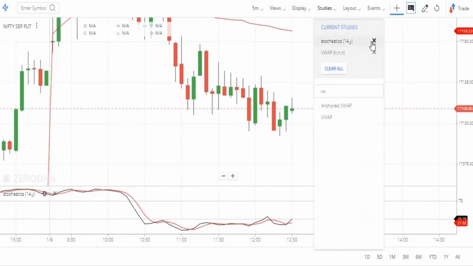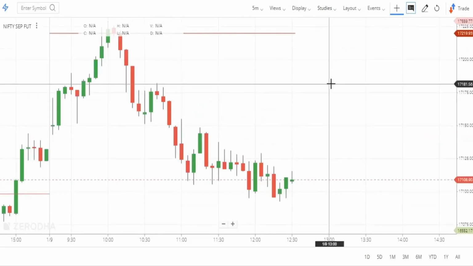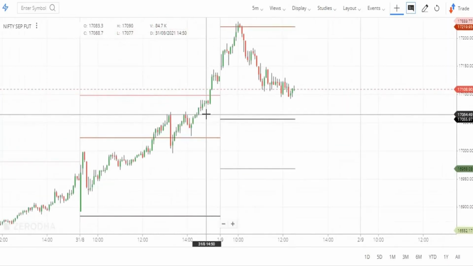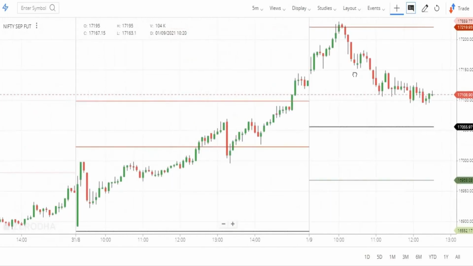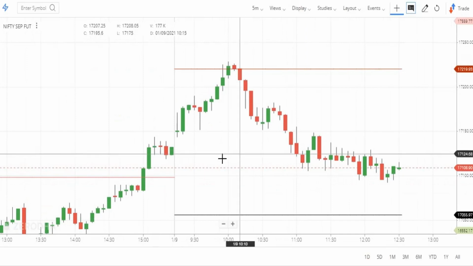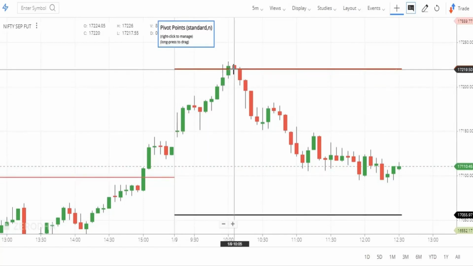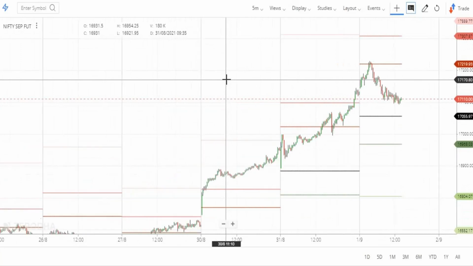All right, so let's now move to our next indicator, and that is pivot points. Pivot points are basically ready-made support and resistance levels. They work fantastic. For today, see today, the market started opening up. Now this is where you can gather a lot of context. So this was a resistance. Pivot points come in